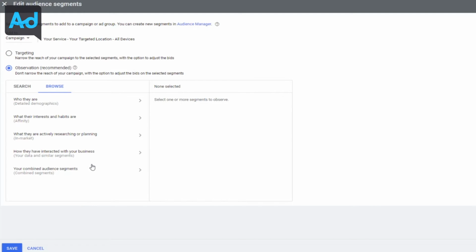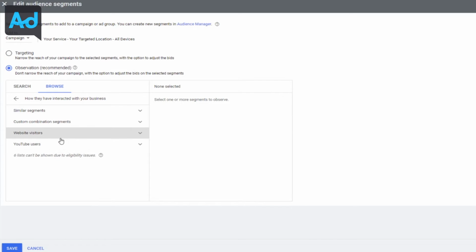you can use audiences and, again, target them exclusively and do RLSA campaigns, so remarketing list for search ad campaigns. And you can target people, for example, that have been to your website. Google is getting more and more expensive, and paying $50, $60, $70 for a first touch is becoming less and less profitable. So a very easy way for you to get in front of those high value keywords,